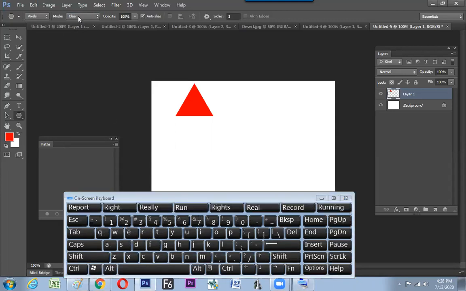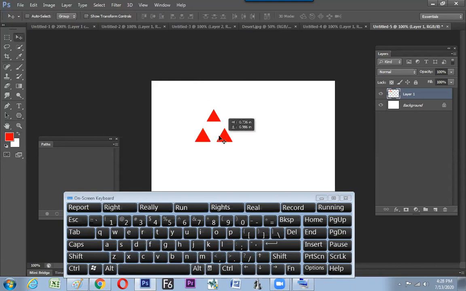Can you see the clear mode pop up? Now just make a cut by pressing at the center and going to the other side, and release. Hope you have understood now how to cut a star or cut a triangle with a triangle at a different angle and make a logo design.